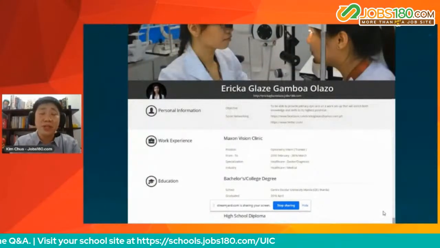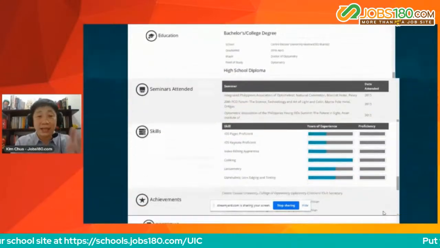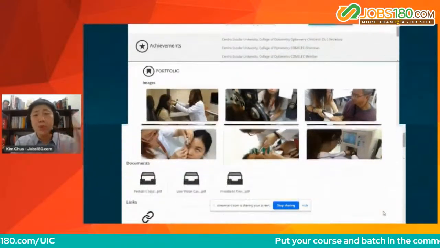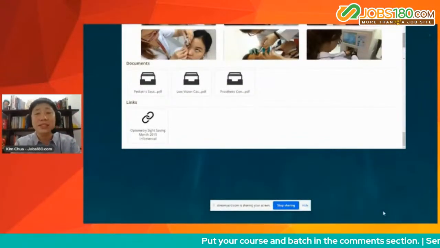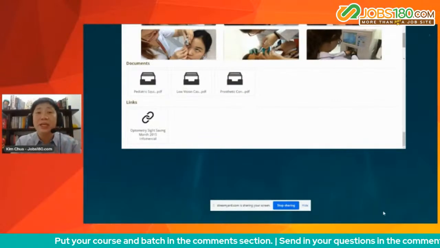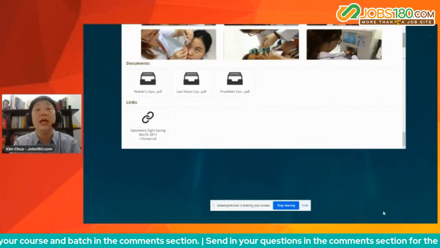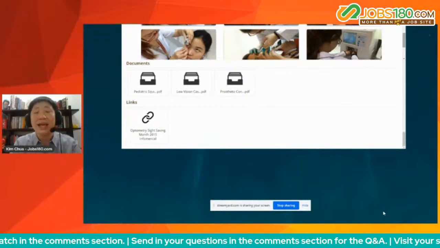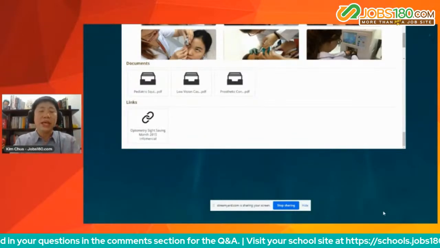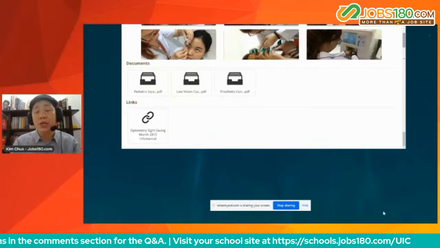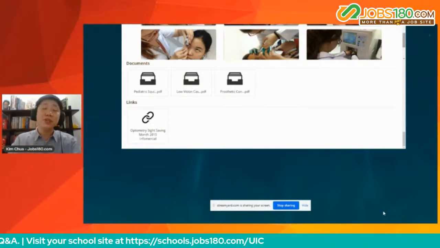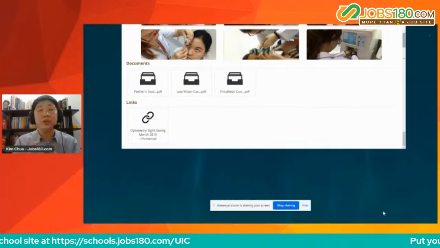So, showing a very good example is si iExpert. Tignan mo, lahat ng detalye niya, kompleto. Everything. From top to bottom, kompleto lahat ng details, including yung kanyang mga portfolio section na nagpapatunay na siya ay isang licensed ophthalmologist. Pinakita niya lahat ng mga posibleng hingiin pa sa kanya ng mga HR. So bakit ko sinabi sa inyo napapabilis yung buhay dito? Hindi lang buhay nyo, pati buhay din ng HR napapabilis